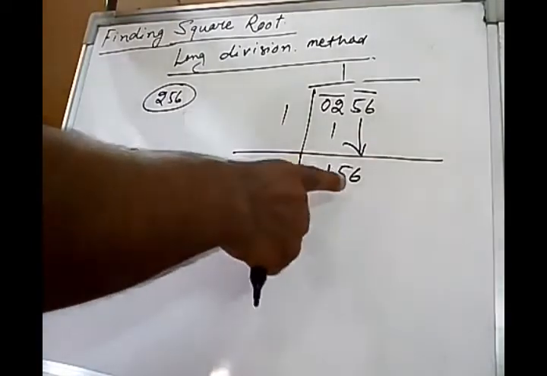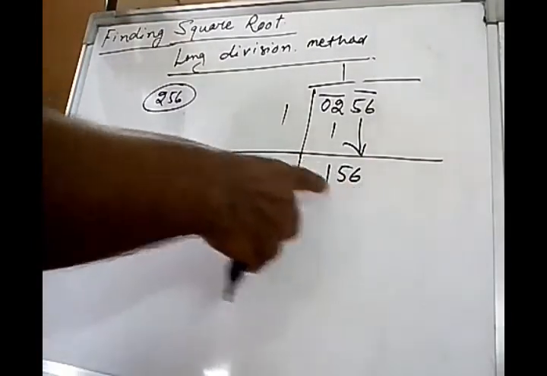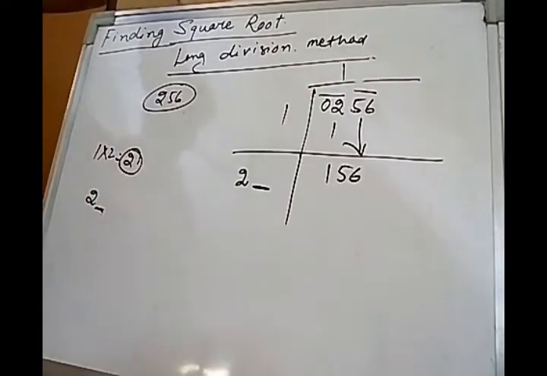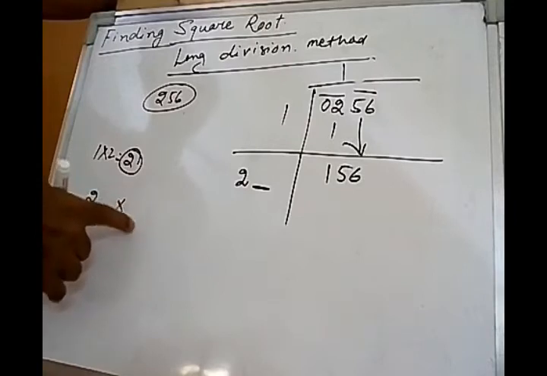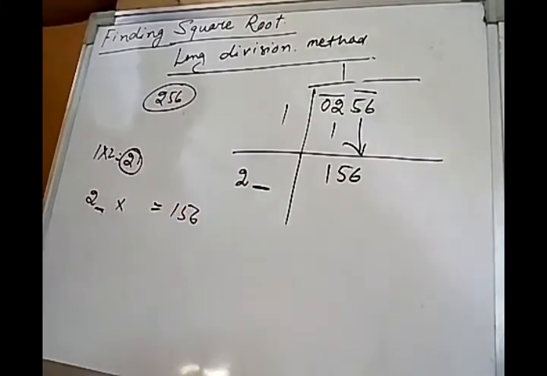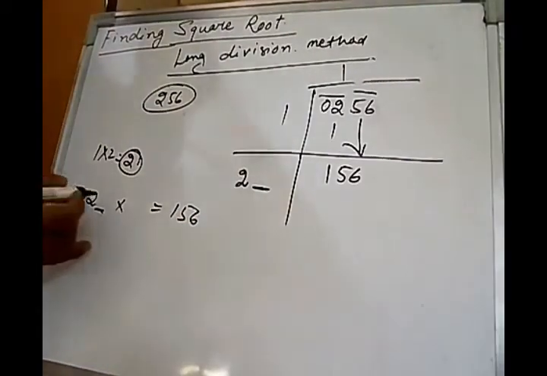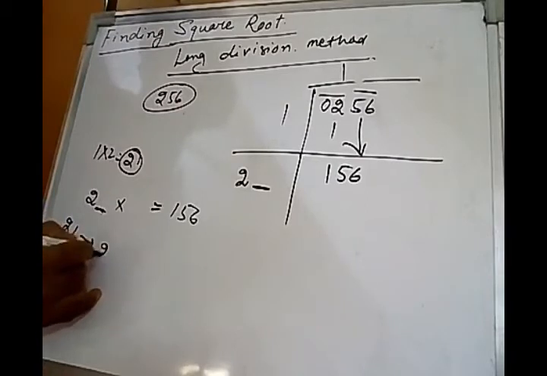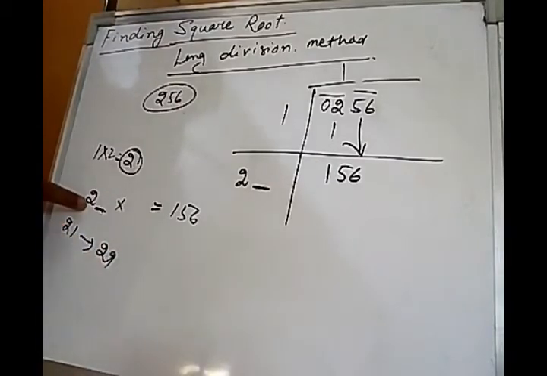Here, if you see, it is 156 and my number is 2 here. One digit is remaining to take. So whatever digit I take here, the same digit should be multiplied here in the quotient to get 156. So here my number to take is from 21 to 29, because 2 is fixed here. So the 1 will be changed. It may be 2, it may be 3, it may be 4 till 9. It will never be 0.